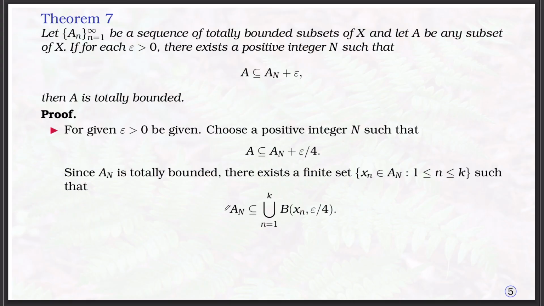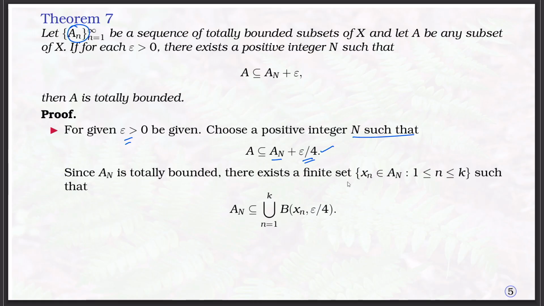For proving this, for a given epsilon greater than 0, you can choose a positive integer n such that A is a subset of the dilation of A_n plus epsilon by 4. If epsilon is arbitrary, then we can find a suitable epsilon, and A is contained in this set. Since A_n is a totally bounded set, because we are taking the A_n from the totally bounded sequence,